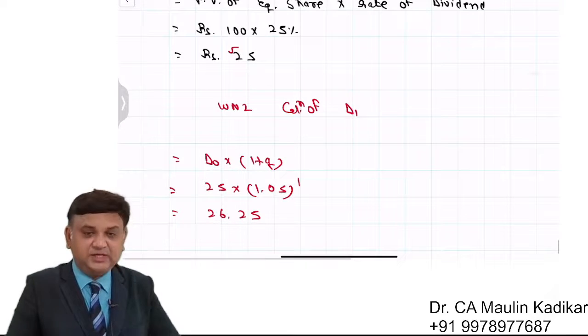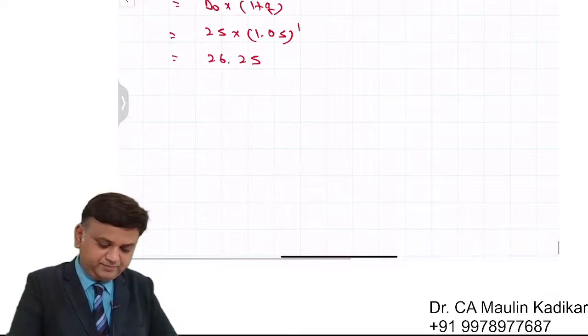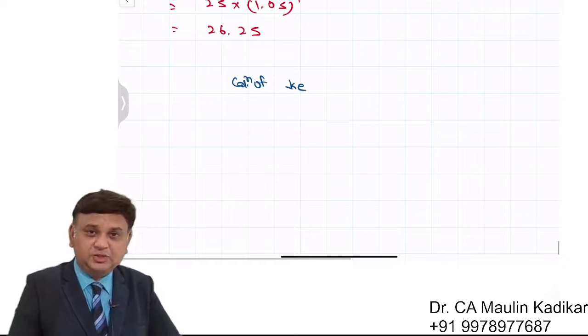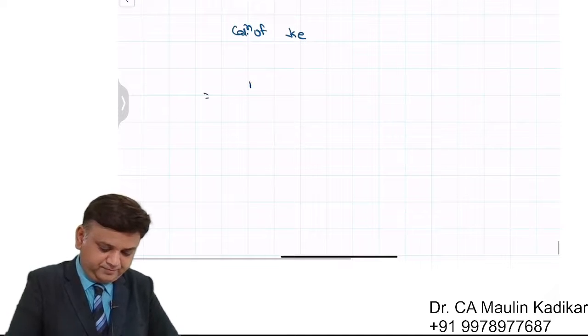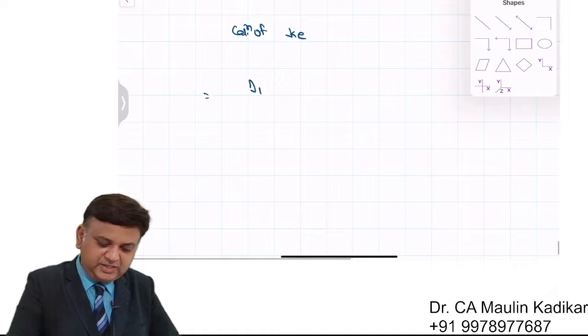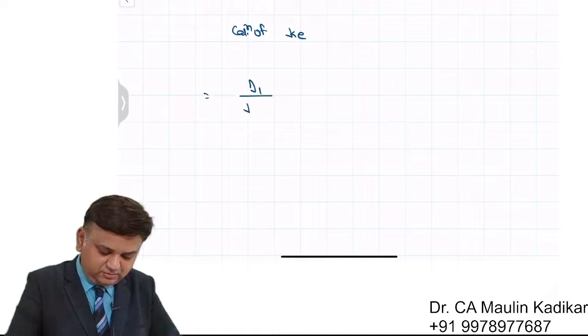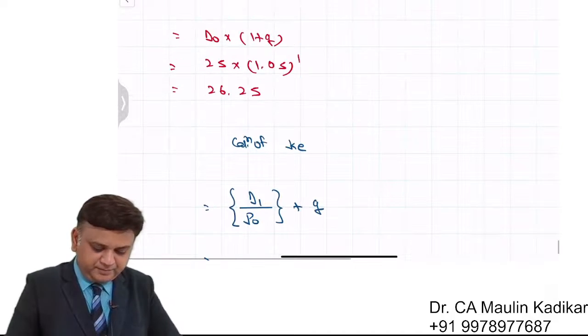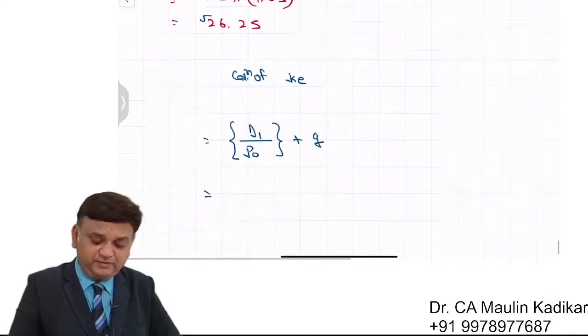That is the way D1 is calculated. Next, calculation of K. It is D1 upon P0 plus growth rate. D1 is 26.25